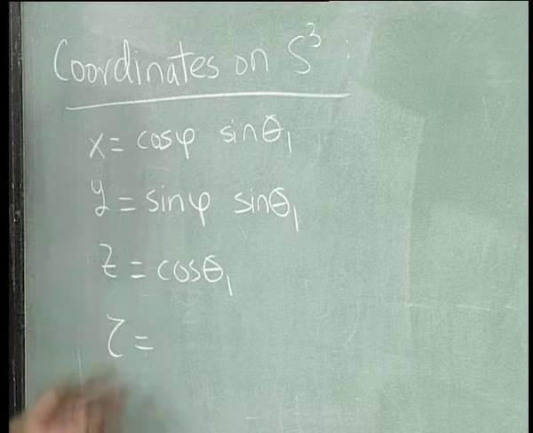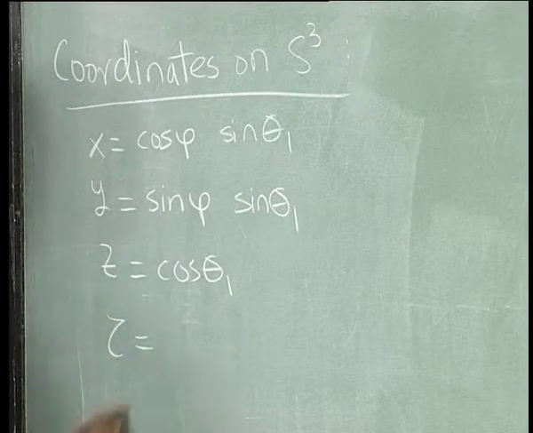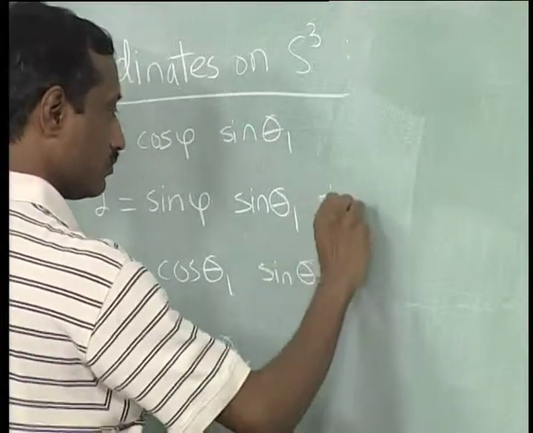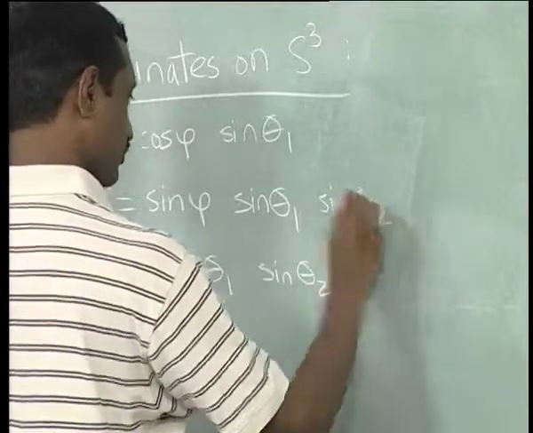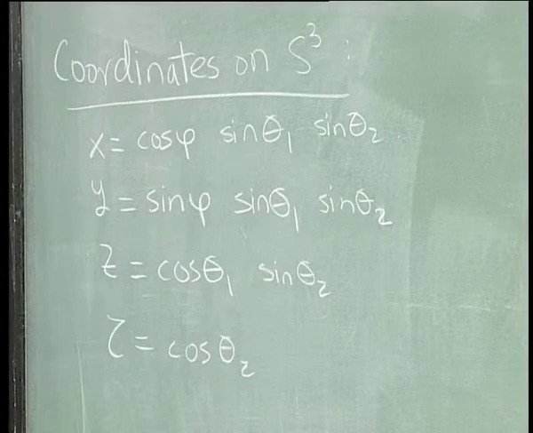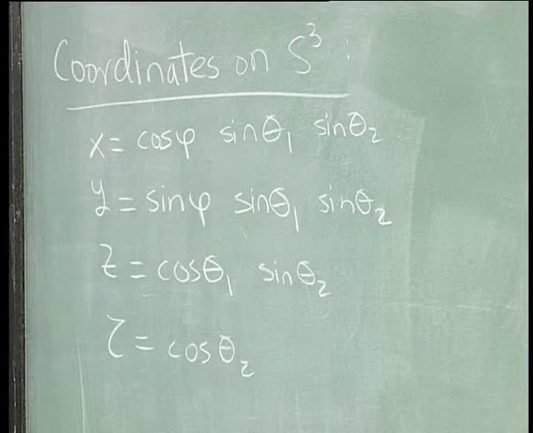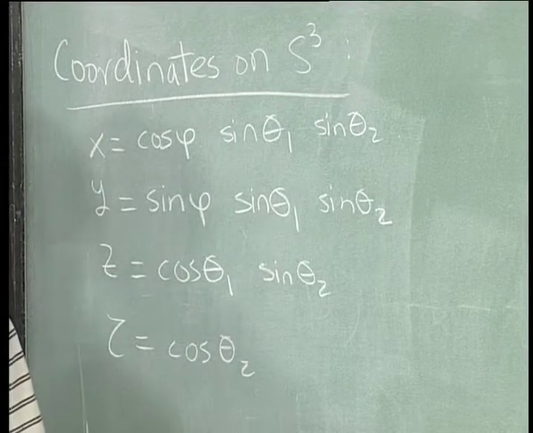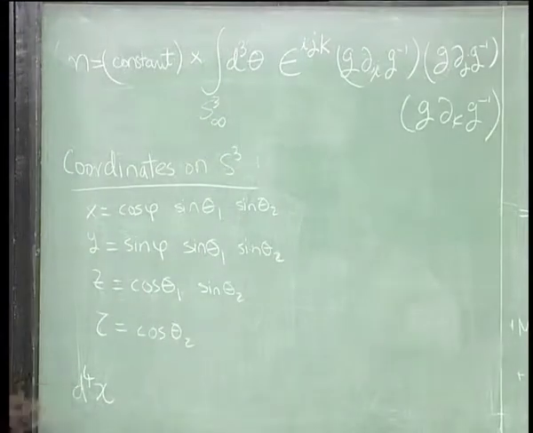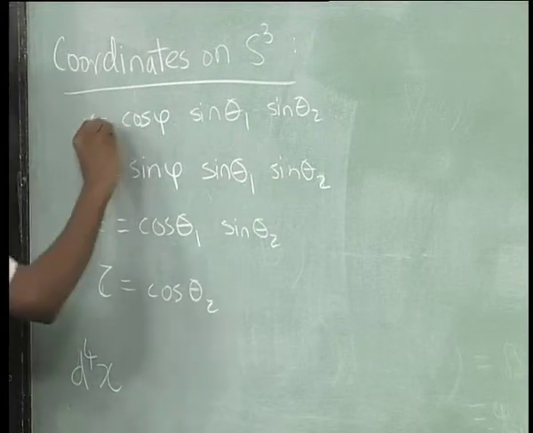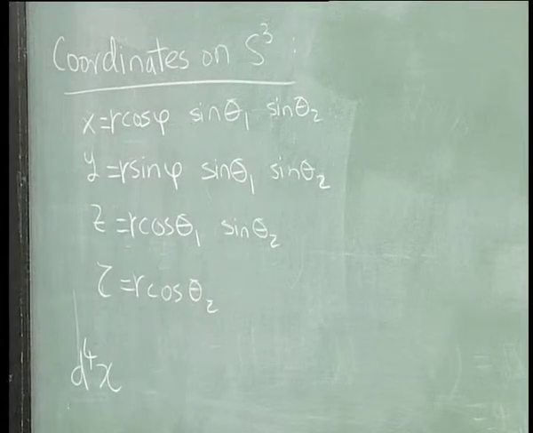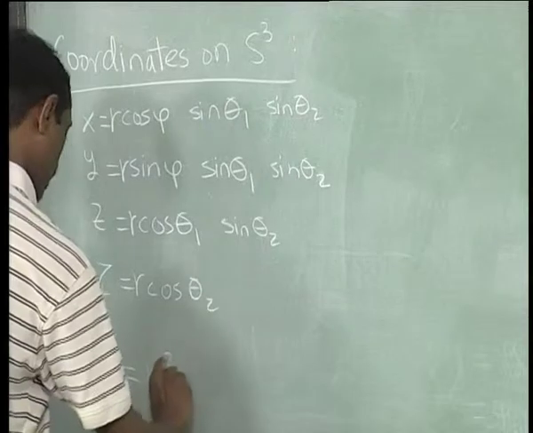But now the natural way to go, in the hypersphere or the 3-sphere, is to add one more angle, and I just do the same thing. I just do this cosine theta 2, okay. The only thing I need to do is to work out what the measure is. I need to work out what the measure would be, and that you can do by showing that d4x, I will just call these 4 variables. From dimensional grounds there will be one radial coordinate, so I should have put that r also here, okay, and d4x would be, on dimensional grounds, r cubed dr,